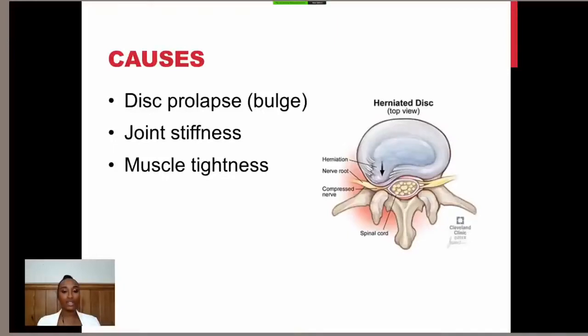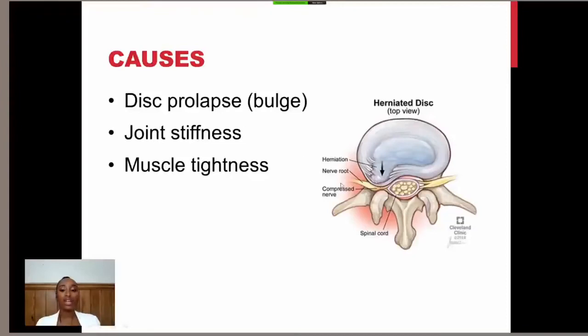So one of the things that may be responsible is a disc bulge or a disc prolapse. So the picture that's positioned to the right of the screen is a top view of a spinal vertebra and the disc. So imagine you're looking down through someone's spine. So the grey area at the top is the disc, and the yellow bit here is the nerve root. So if the disc is bulging enough that it's causing that nerve root to get compressed, that might then cause sciatica. But this is quite rare, to be honest, to see a bulge like that.